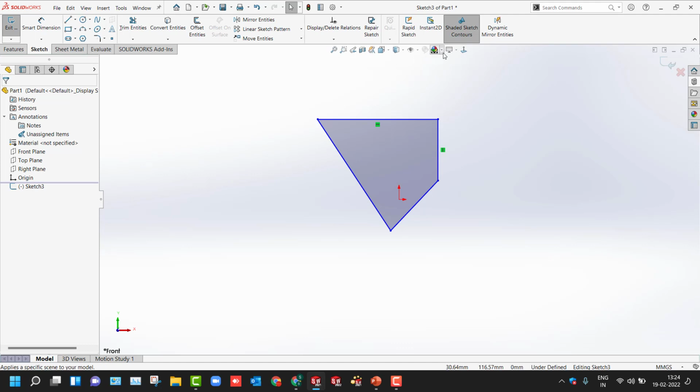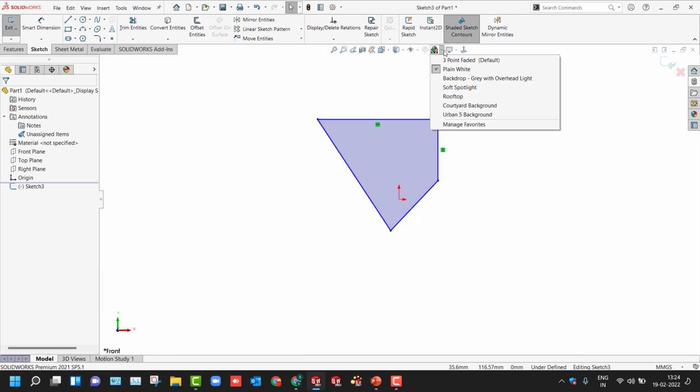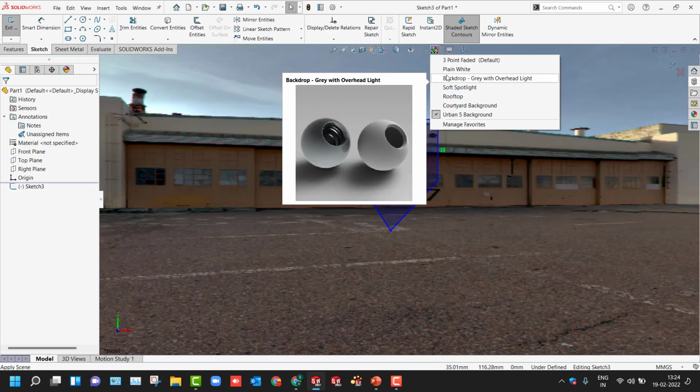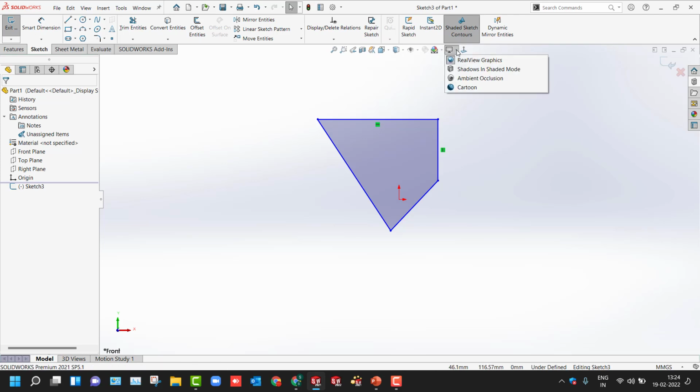Well, so next thing is the themes. You can set the different themes here, like this. There are different backgrounds. You can set it up accordingly. So these are the